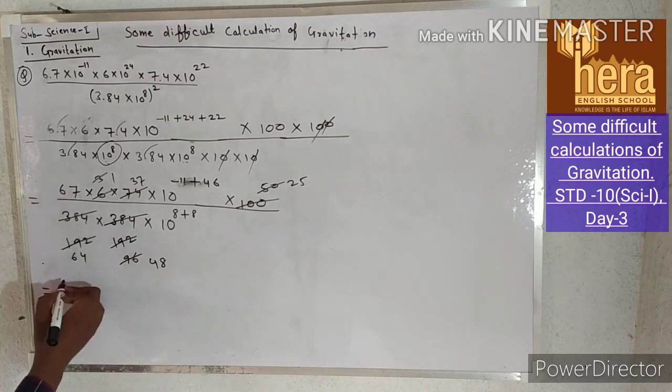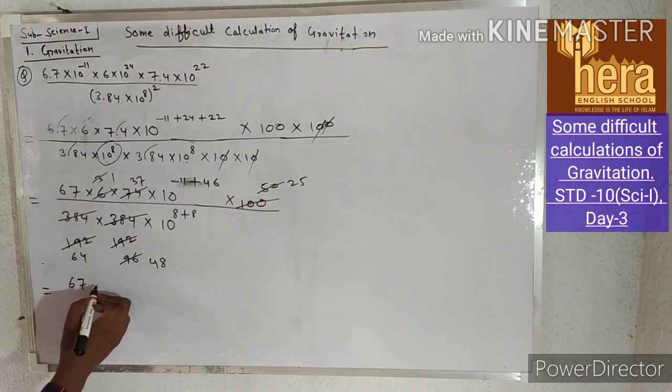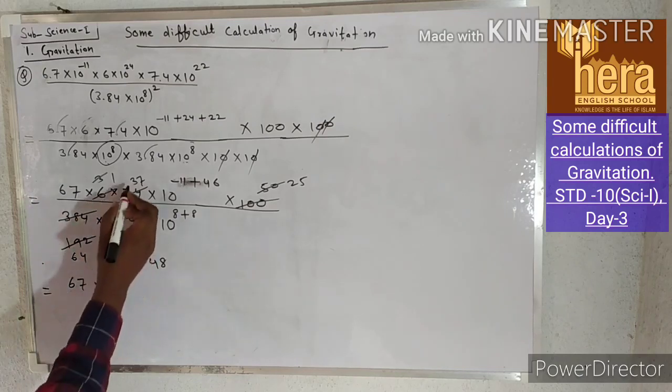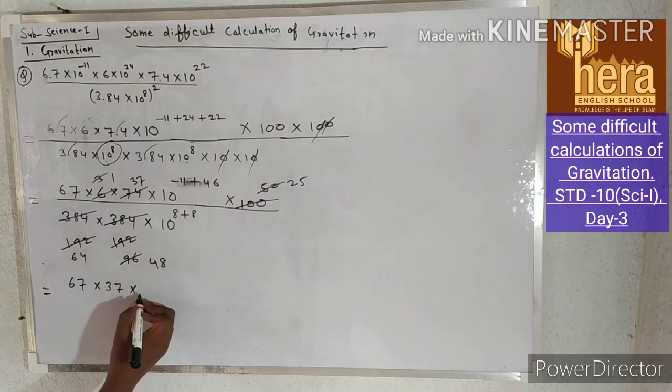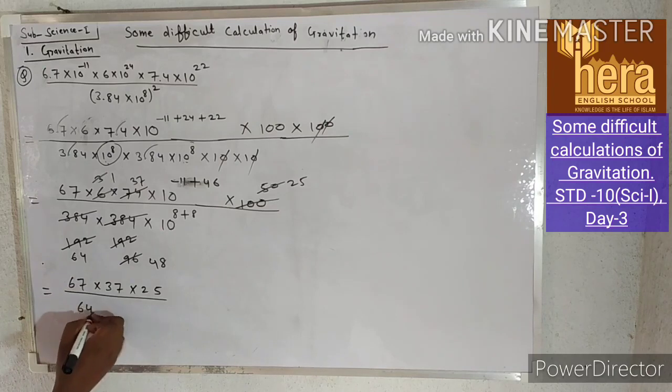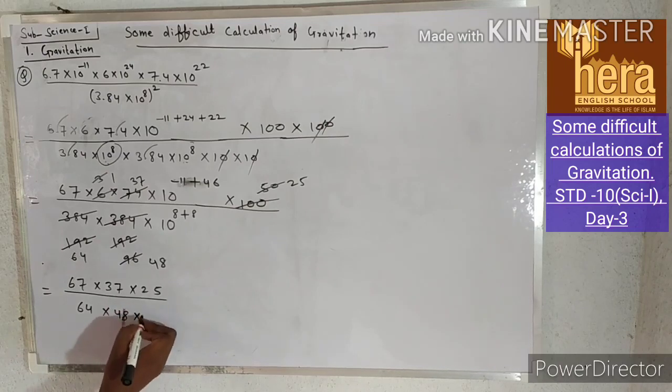Now this number will be equal to 67 into 37 into 25 divided by 64 into 48 into